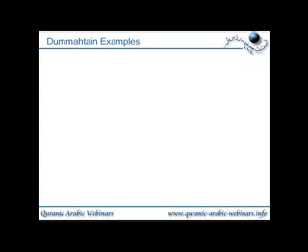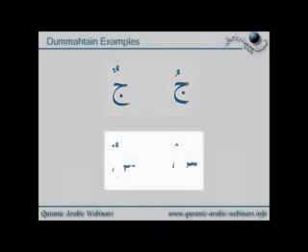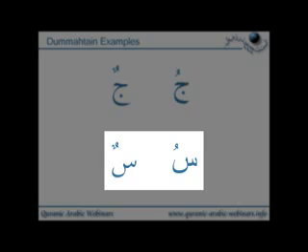Some examples then of dhammatain, just a little practice about the sound. Here we have the letter Jim with the dhamma, which gives the sound Ju. With dhammatain, and we've used the computer font version to represent this, that's the little dhamma with the hook on it, again representing two dhammas, that will give the sound of Jun. So you take the Ju, add an N sound to it, you get Jun. That's the nunation, adding an N sound. Another example, here we have Seen, so we'll have the sound of Su, and if we double